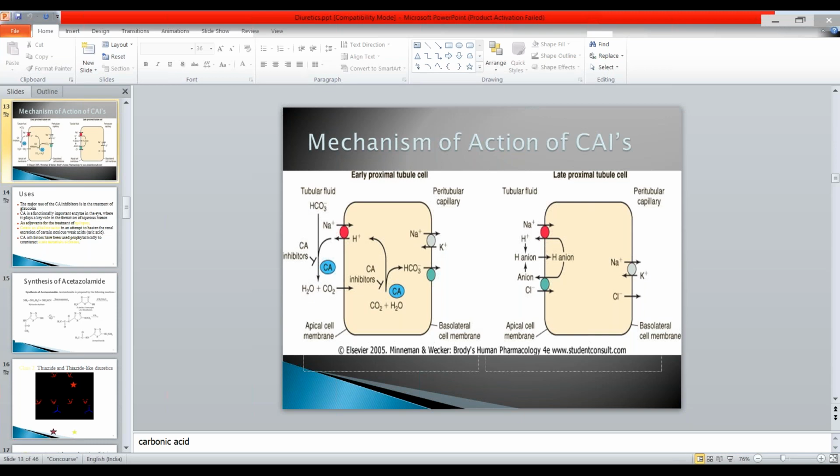Okay, have you understood, all of you? We have first seen the mechanism of action of carbonic anhydrase inhibitors at two places where the enzyme is present. The enzyme is present intracellularly and at the brush border membrane. The enzyme is able to prevent the reabsorption of sodium at both sites because H plus ion is not formed. Because H plus ion is not formed, sodium will not come inside.